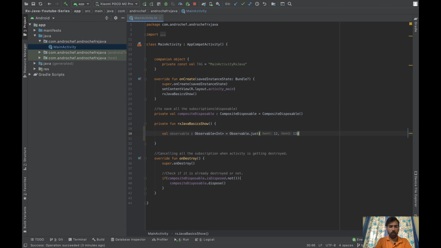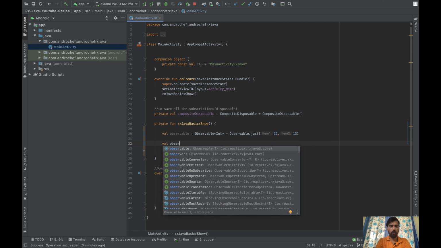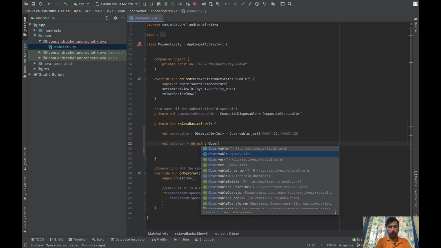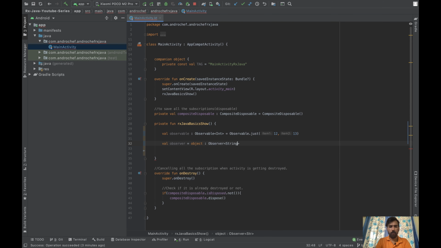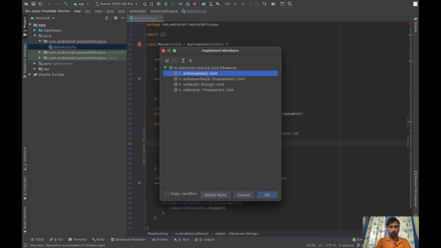Now we need to fetch the username from these IDs. So I'll create one observer of String, because we need all the values in string. We will override its methods.